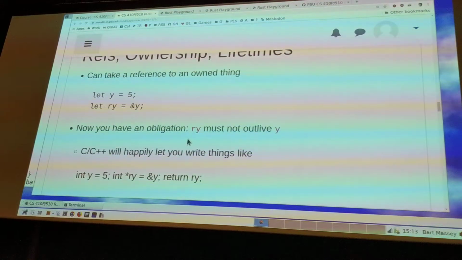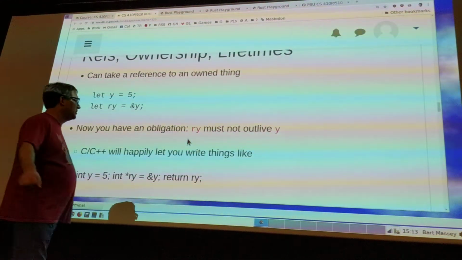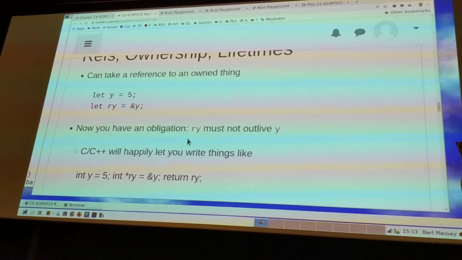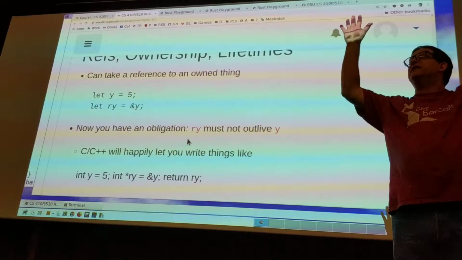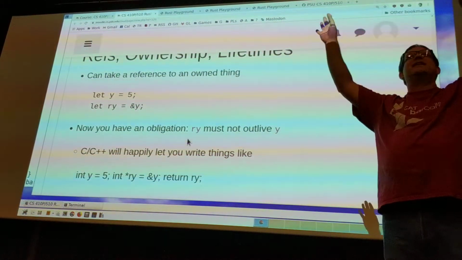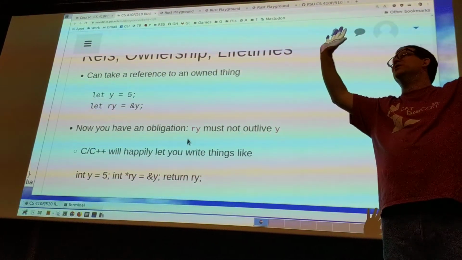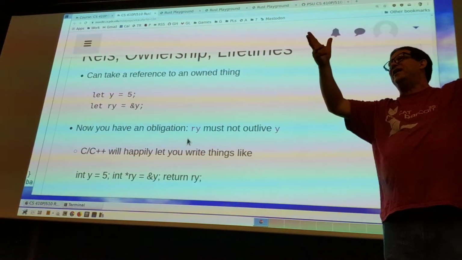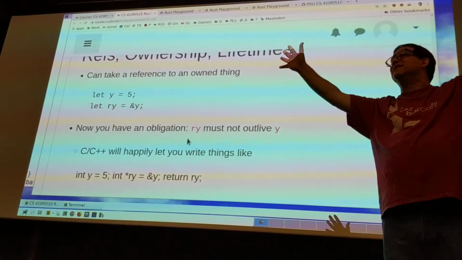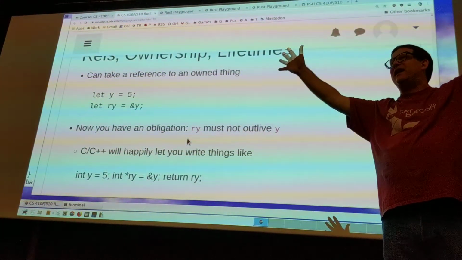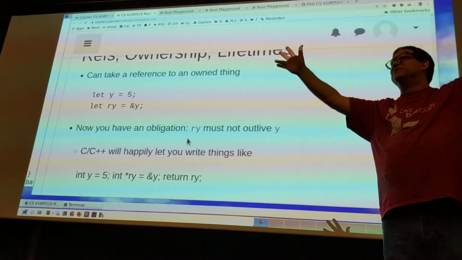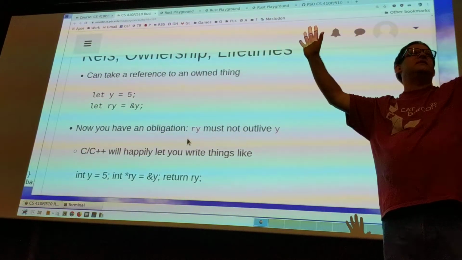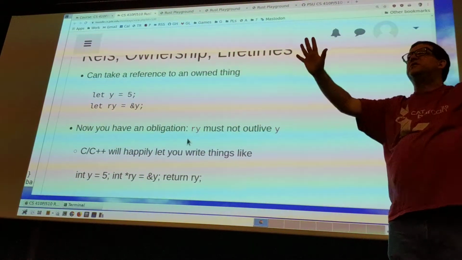So if I loan out, and this terminology is all standard Rust terminology, even though it's kind of cutesy and terrible, if I loan out my ownership with ampersand, sure, I can give that to everybody. They can all look at it through that pointer. We're all good. And my only obligation is that I mustn't move or drop that value while there are still pointers to it outstanding. The compiler checks that at compile time, and if it can't prove that my value's alive at least as long as all those pointers I gave away, then it fails my program. Make sense?